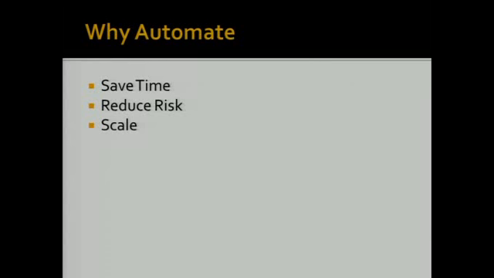3 big things. Number 1, save time. Once you write a script, that's the last time you ever have that problem. The problem goes away. You just run the script, done. Reduce risk. Human beings are messy. They make mistakes. Scripts don't. And even when a script does make a mistake, it makes the same mistake the same way every single time. So it's predictable. Which you actually also have to be really careful about because you can go from like 0 to resume producing really quickly. But PowerShell and Power CLI have some built-in features we'll get to in a few slides that actually protect you from yourself. The final reason you guys need to be automating is scale.